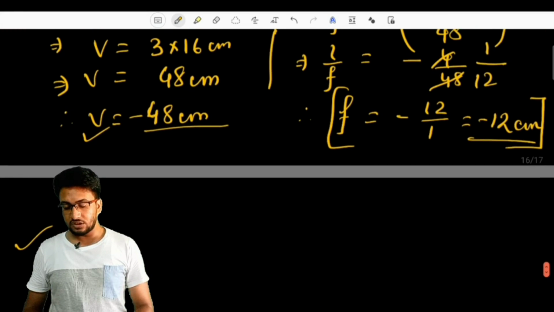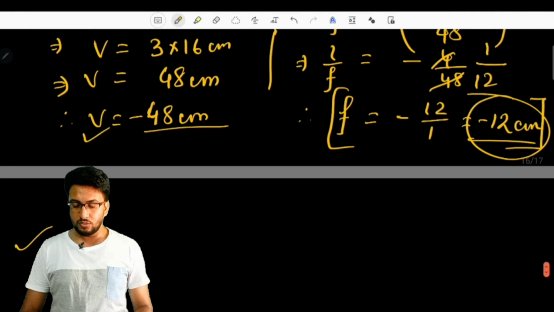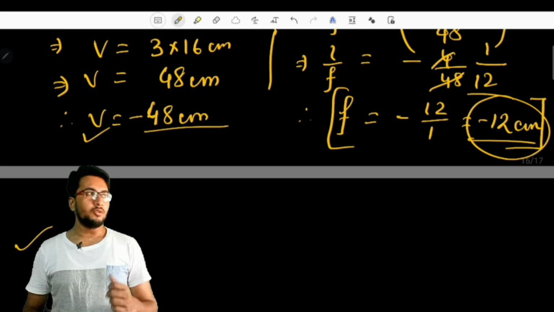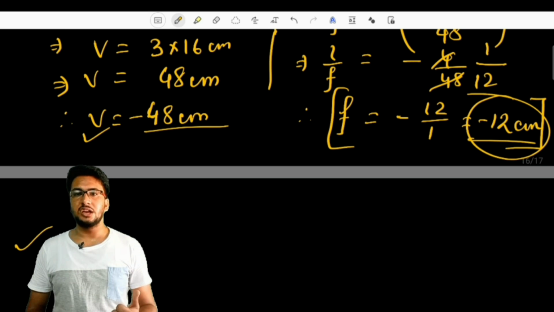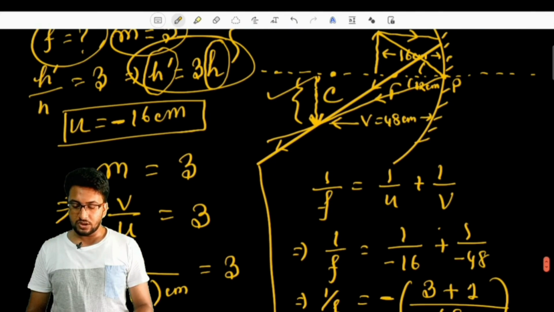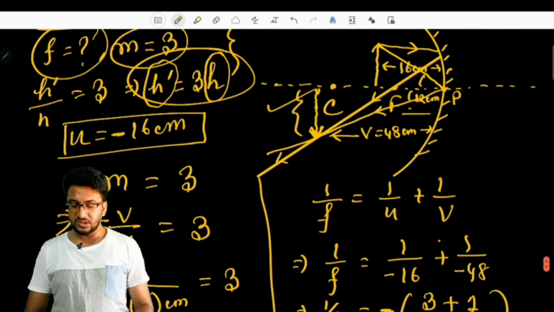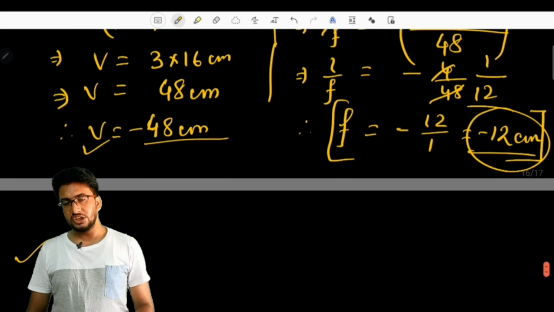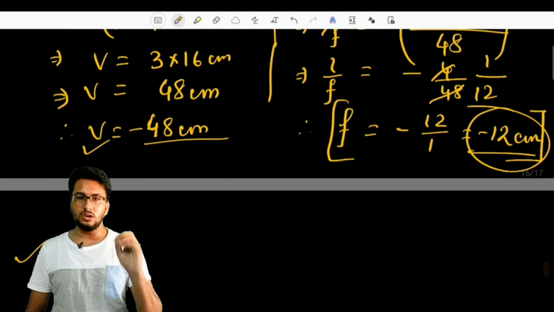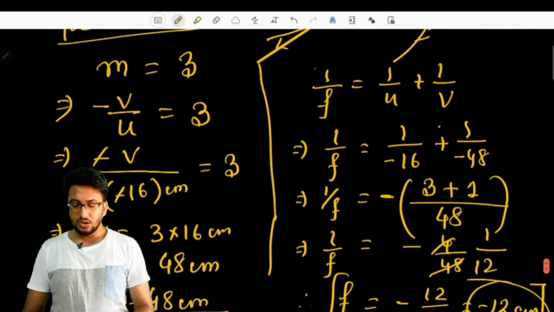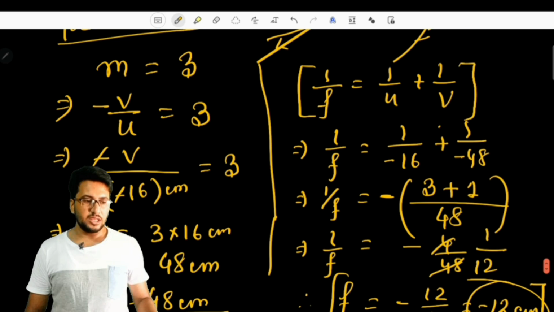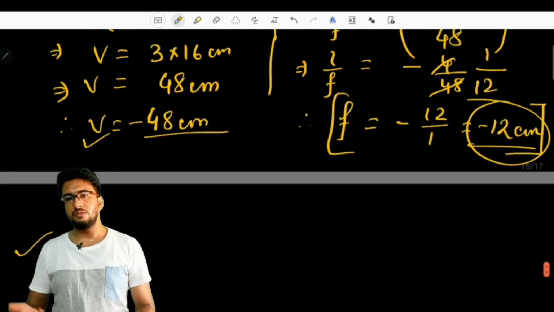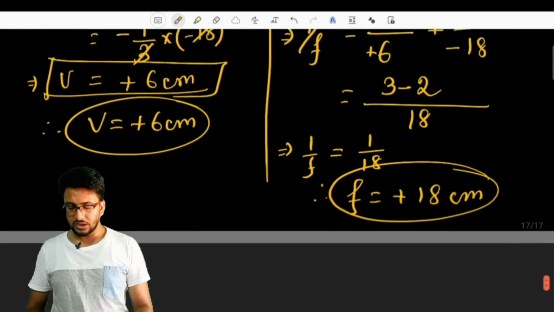In the previous case also we have seen that the focal length is coming with a negative sign. That means the focal length for a concave mirror is always in the negative direction. Fine? Is it fine? So in case of a concave mirror, we can see that the focal length is measured in the negative x-axis. That's why the sign convention is sustained. If any two quantities in this mirror formula are sustained with the sign convention, then the third quantity will definitely sustain automatically. Okay.